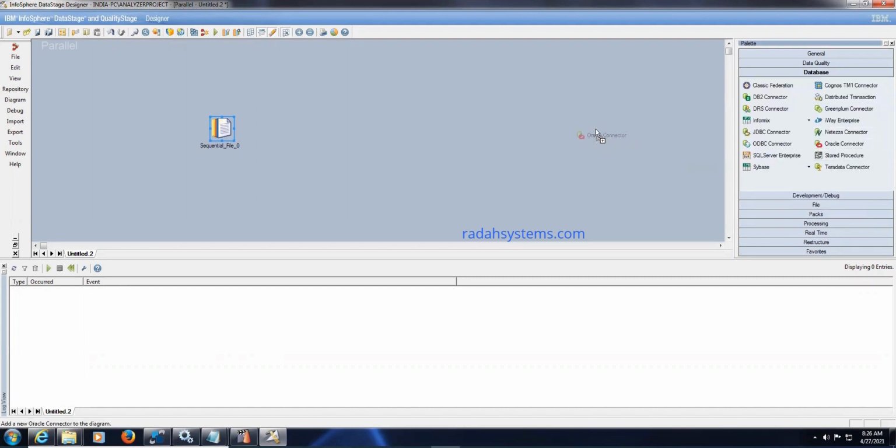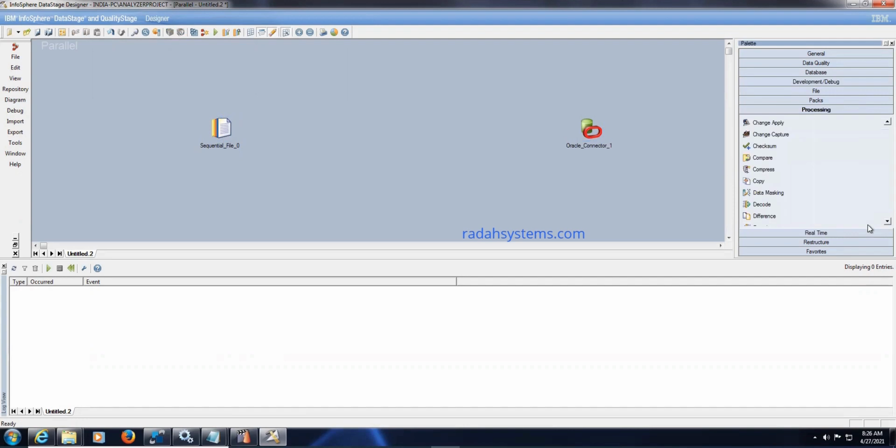Take the Oracle connector, so our target is the Oracle connector, and we'll load into the Oracle database. For data processing, we can use a Copy stage. We can use a Transformer also, but we are just replicating the data, not doing any data modification, so we'll use the Copy stage. Now make the connectivity from source to target: source to copy stage, copy stage to target.